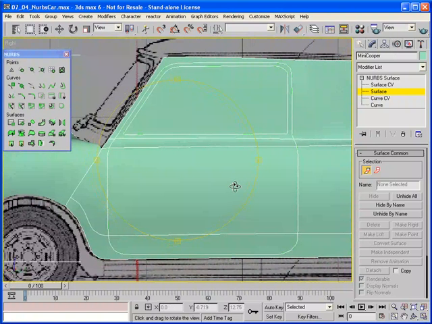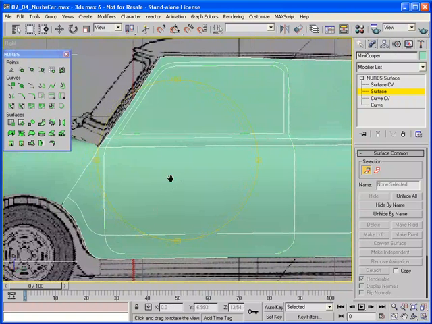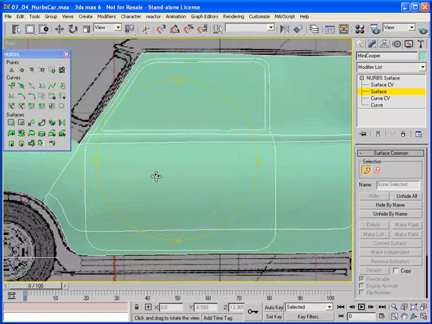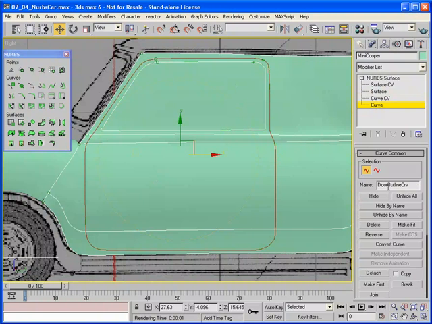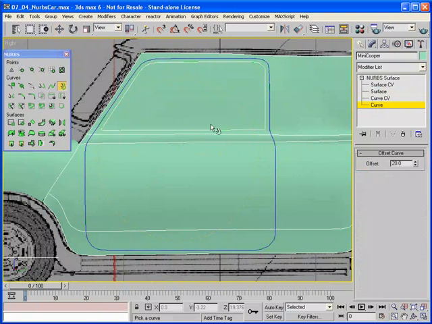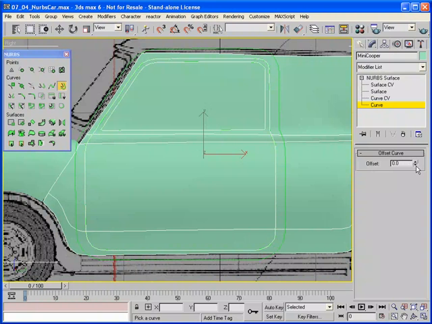The one thing we should take into account is that the actual opening for the door is going to be slightly larger than the door itself. So how do we do that? Let's do that by creating an offset curve. So I'm going to go ahead and select this door outline curve, and I'm going to go here and go create offset curve, highlight this curve, and just drag it a little bit to the right,